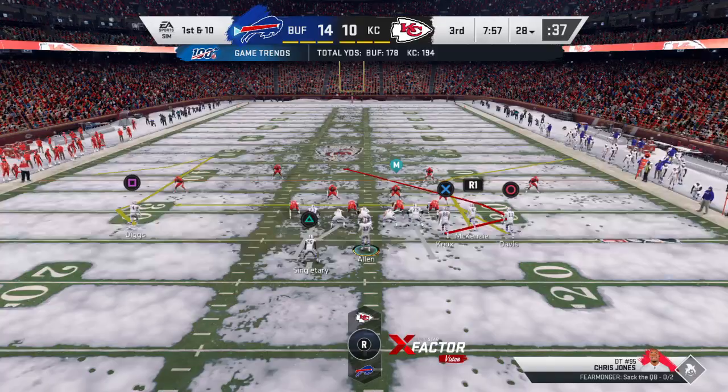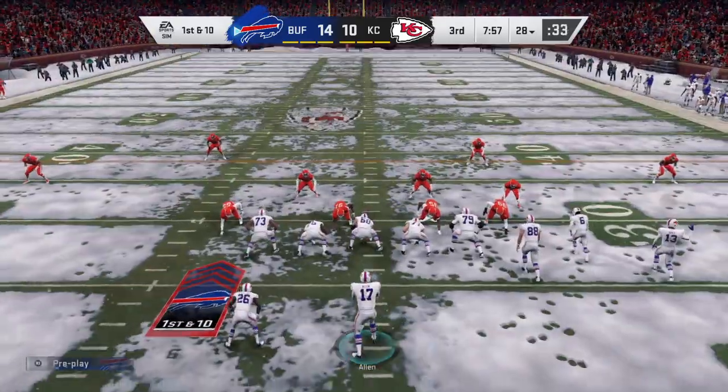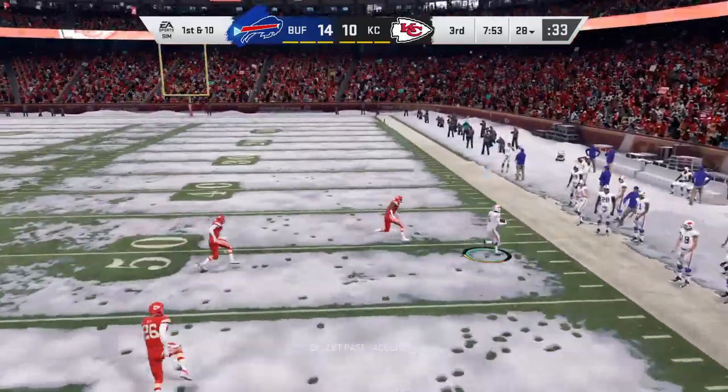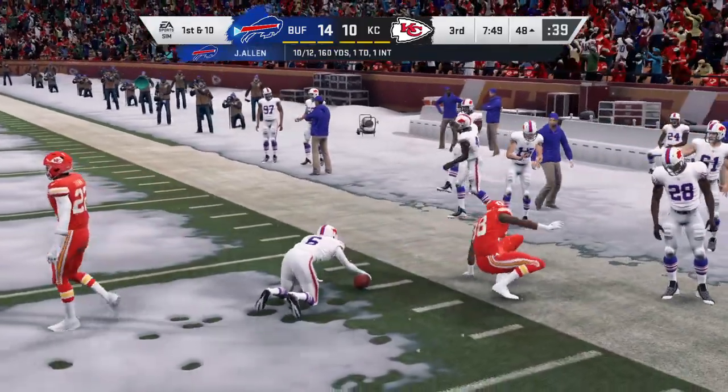Out come the Bills now as they'll go on offense first here in this third quarter. They have the lead now. They'll be looking to extend that lead. And this is where I enjoy talking about one of my favorite subjects, tendency breakers, or counters as I also